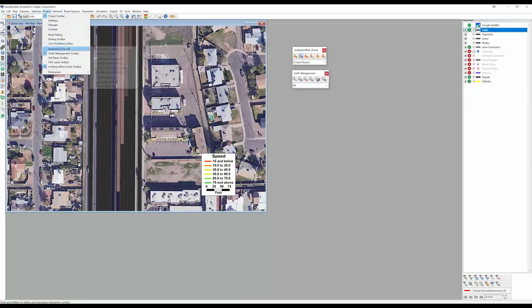We've set up two scenarios here, one that has the work zone but with no strategy. So no information is provided to the travelers about the lane closure, so they discover it as they travel I-17 northbound and react to it